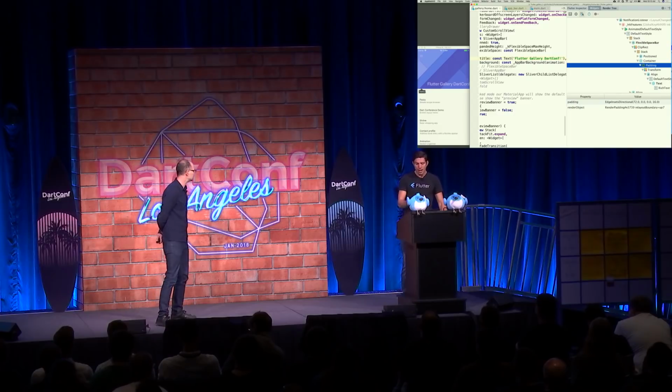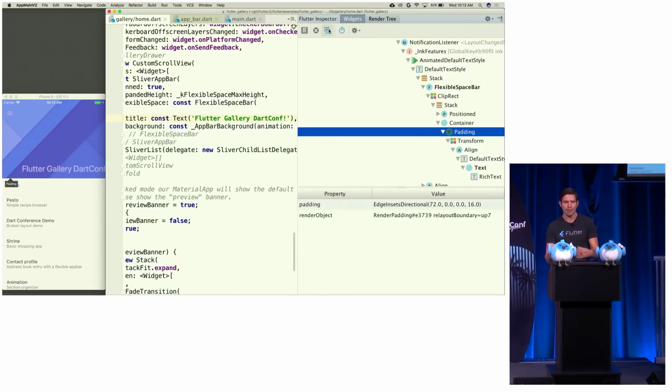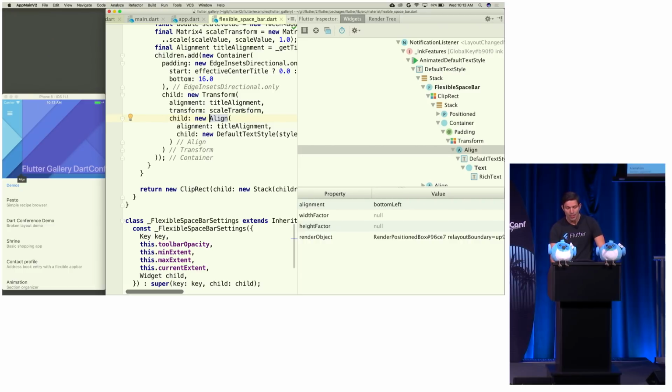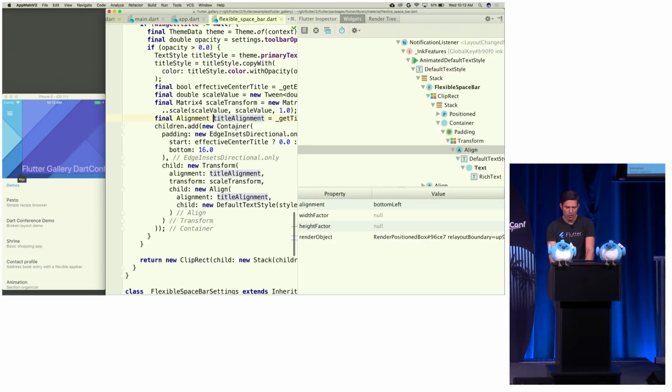to overlay? Yeah. And so when I first hit this issue, I actually didn't have any idea myself why this was really happening. I could guess from poking around that it was a platform difference, but I didn't know. But now that we can jump to source locations for where your widgets are created, it's kind of obvious. Let's jump to where this align widget was actually created. Even for the platform widgets, you can still jump to source. And now I'm in the flexible spacebar widget, just the one you saw up here. Here's where within that widget the alignment was set. And now I can just go follow it back